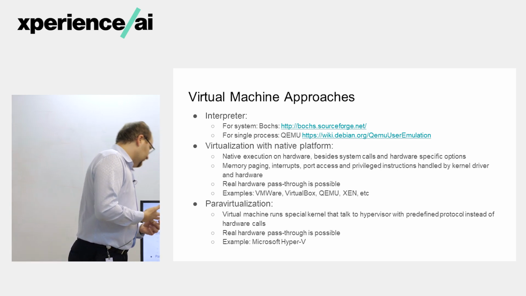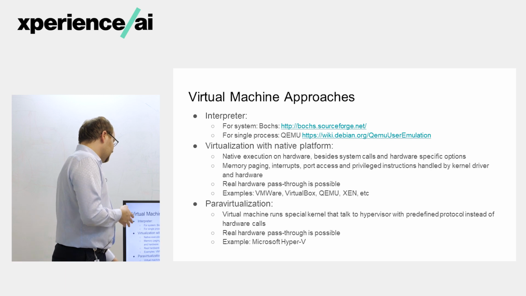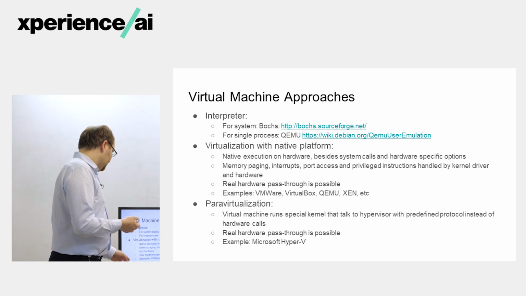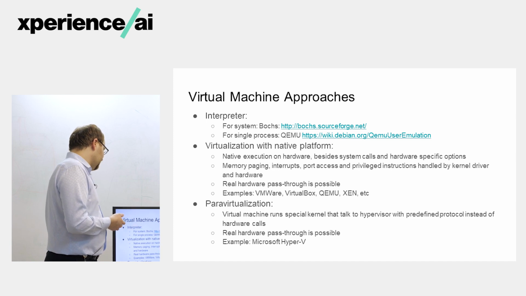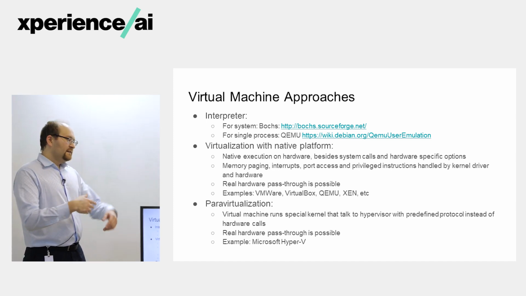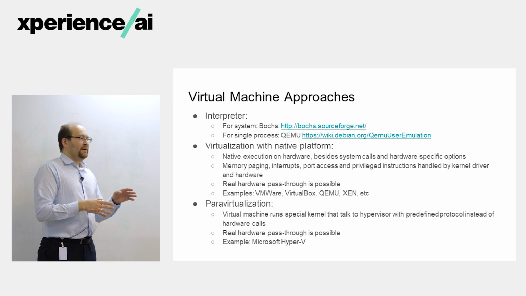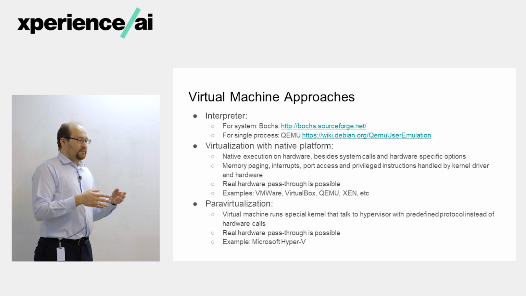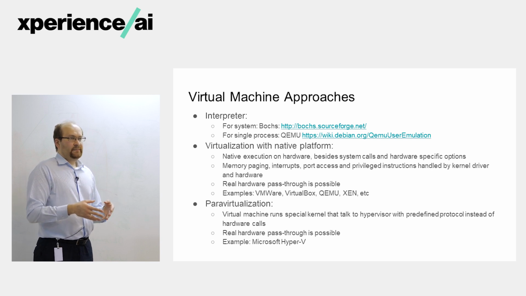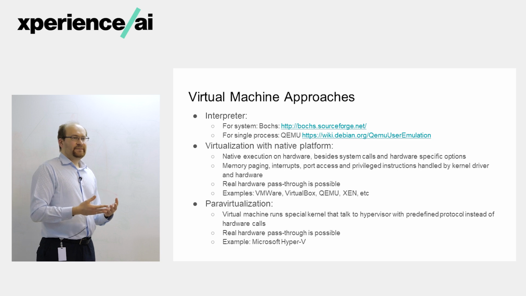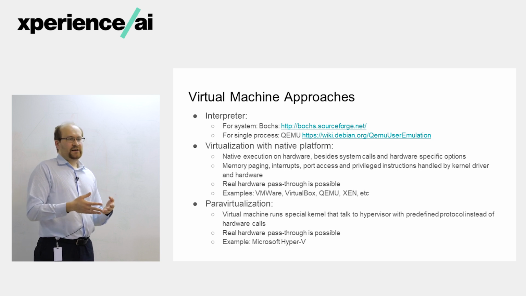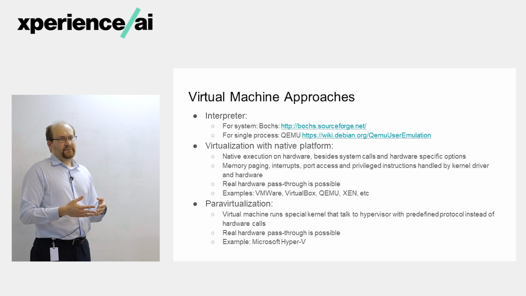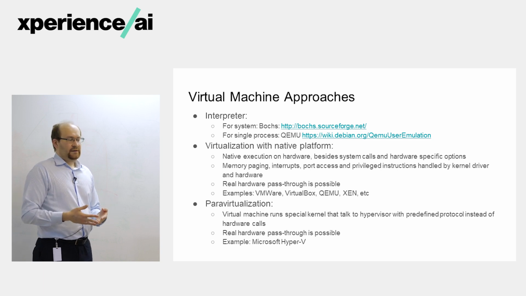And the last idea, and the thing that is actually used in most cases right now, is para-virtualization. So the idea is, let's throw away this step to emulate paging or emulate video I/O. Let's hack the system that we want to run inside of our virtual machine, replace calls to hardware with calls using a special protocol, and the hypervisor knows how to deal with it, and it can do this with instructions of the native host. For example,